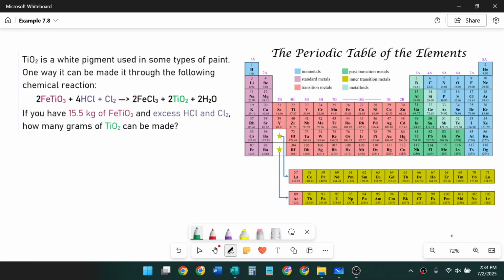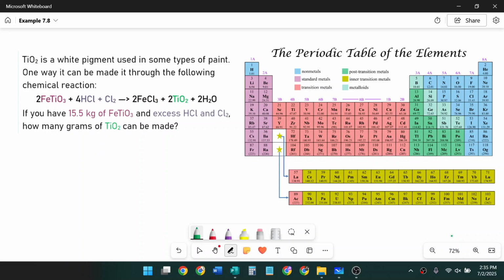So we don't even really have to worry about the purple ones, so we're not going to do anything with those. The ones that are still in black, they don't even refer to in the problem or ask us about, so again, we're not going to worry about those. But because we know we're starting with FeTiO3 in a certain amount, and all of it is going to be used, and we know that we're going to produce TiO2, and that's the one they're asking us how many grams we're going to get, let's go ahead and find the conversion